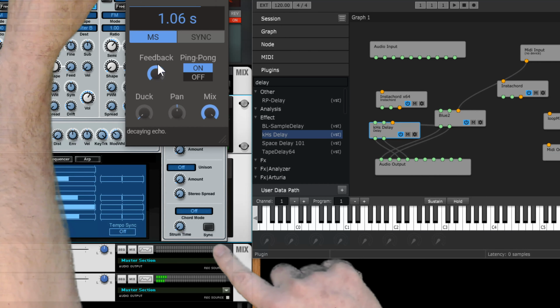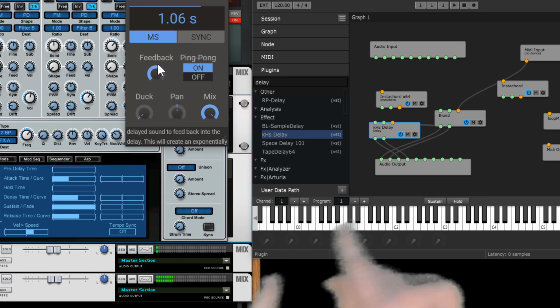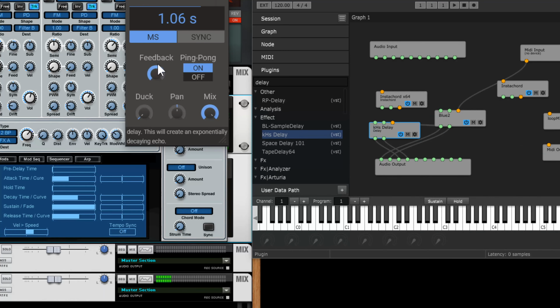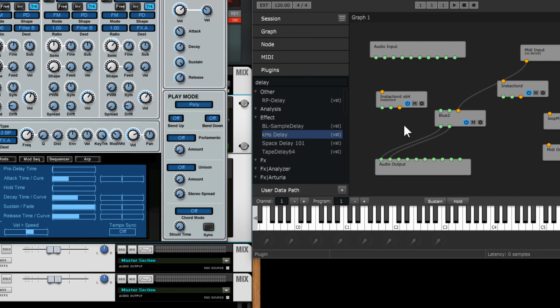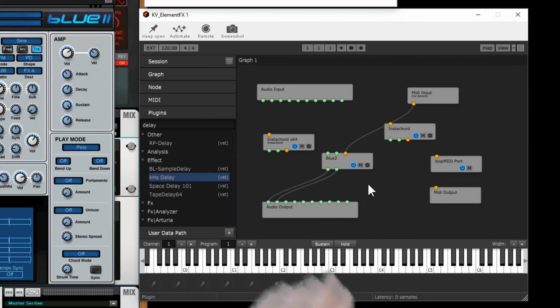So 1 and 2, dry signal, and then here's our delay. That's just a simple little bit of wiring. What we can do is that's more to demonstrate the wiring more than any other sort of capability of Elements itself. I think the more interesting stuff, what people are going to be more interested in, as I say,